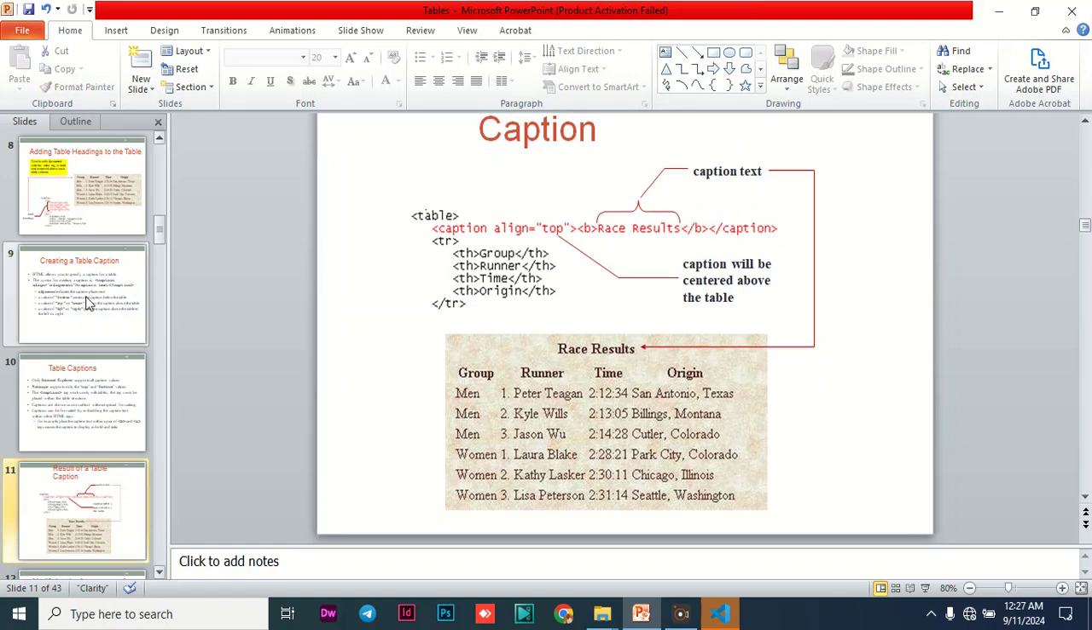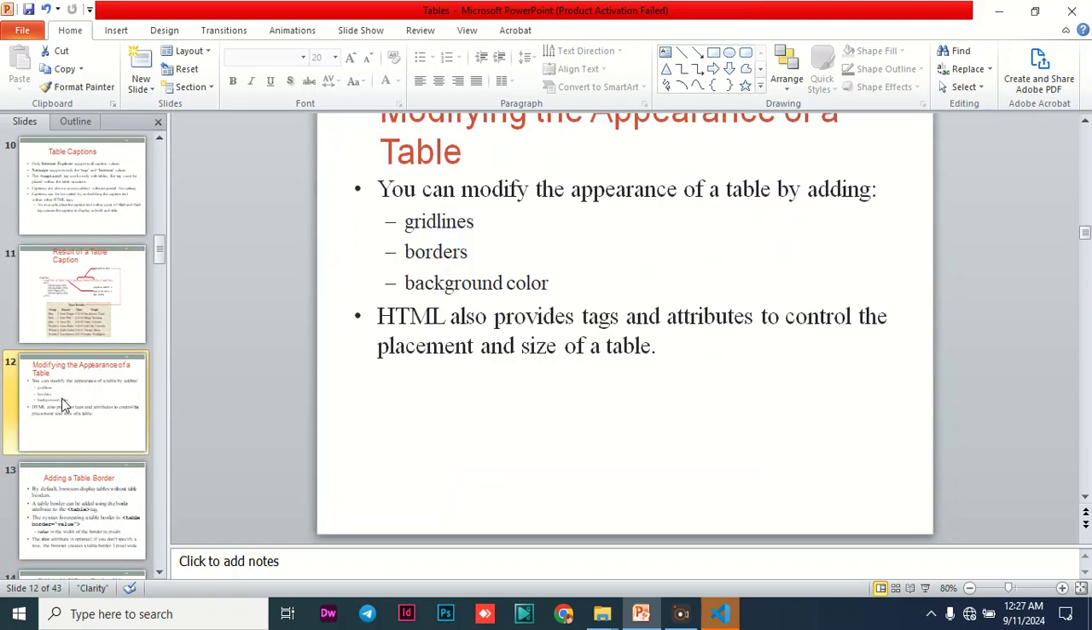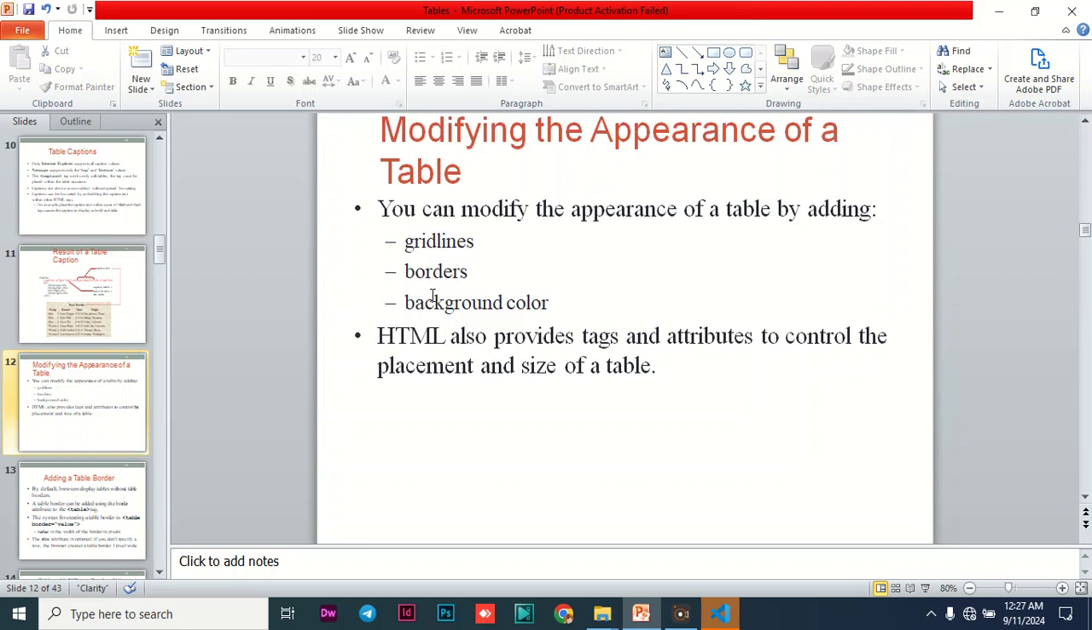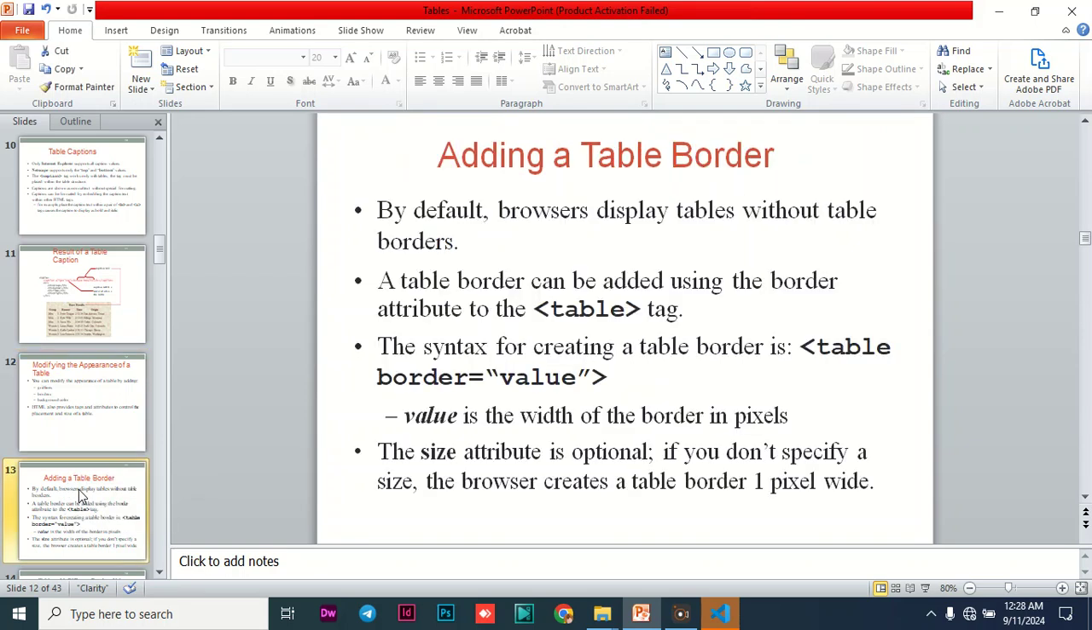Now going further, you can enhance the appearance of your table through the use of grid lines, the borders, and also the background colors. These are the ways that you can enhance the appearance of your table. HTML provides tags and attributes to control the placement and the size of the table. So how can you control the size of the table? It is by the use of